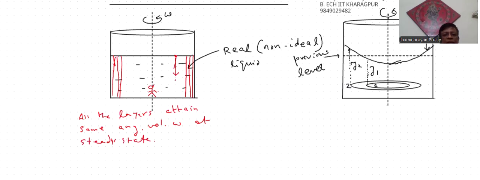This is the gravity force on the unit mass. And there is a centrifugal force per unit mass, that is omega square x, that will act. So the resultant force will be